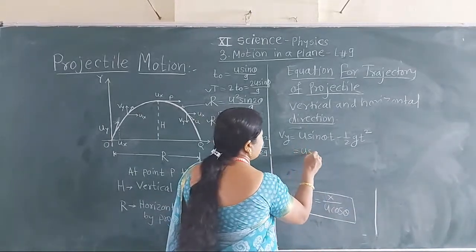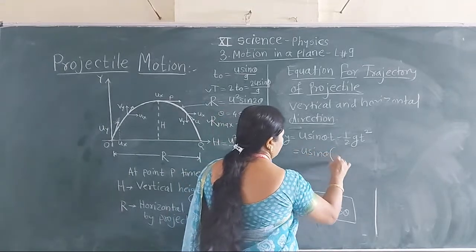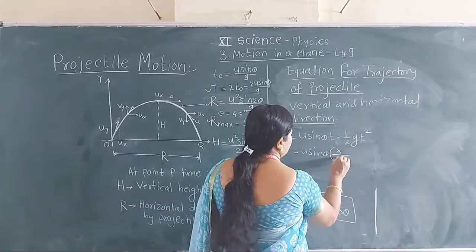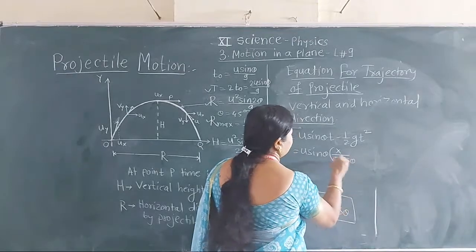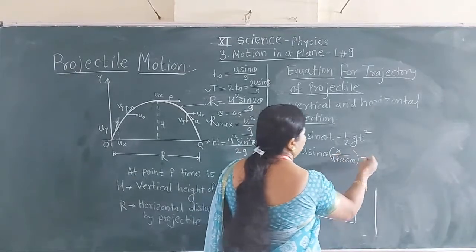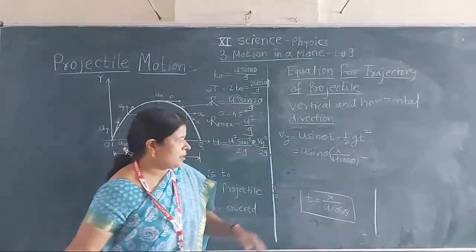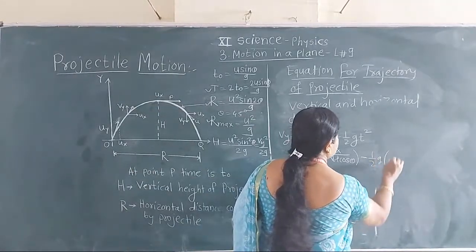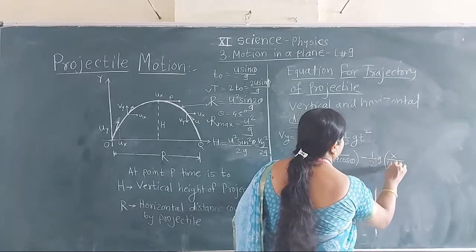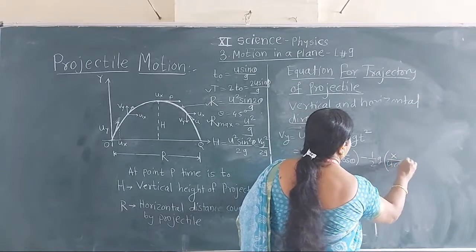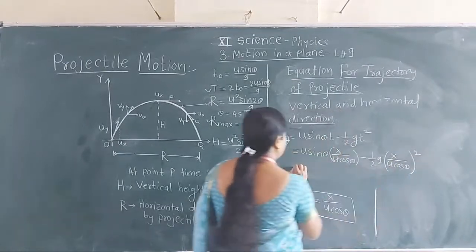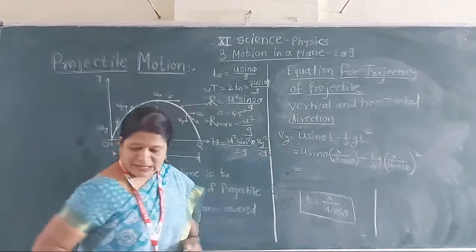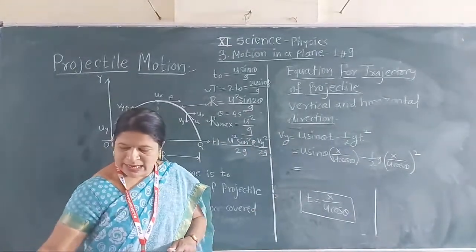So u sin theta into x divided by u cos of theta minus 1/2 g into t square, that means x divided by u cos of theta square. Now solving these equations we get